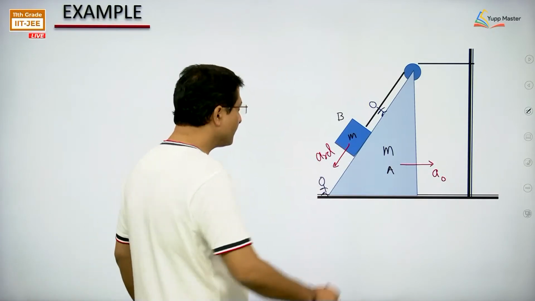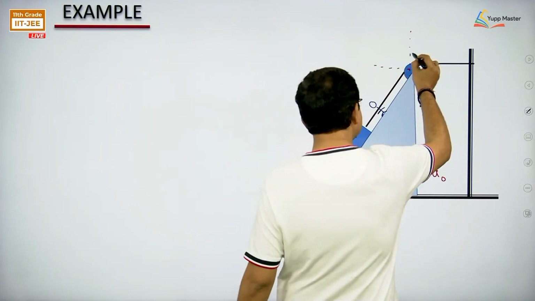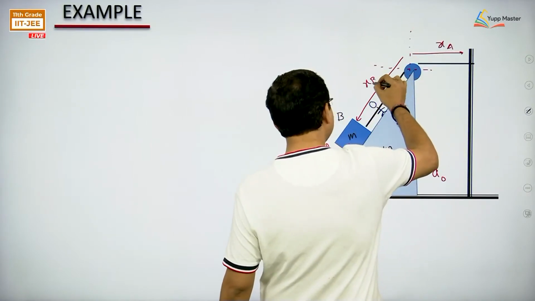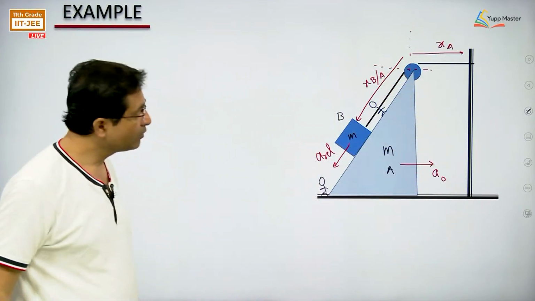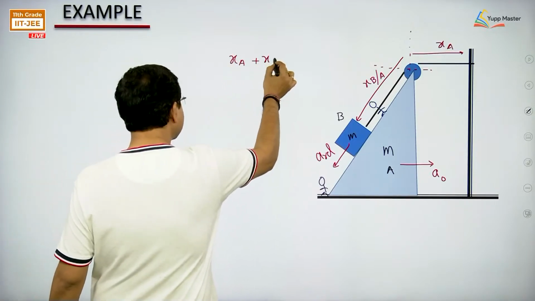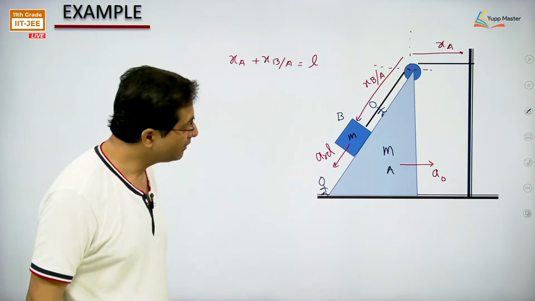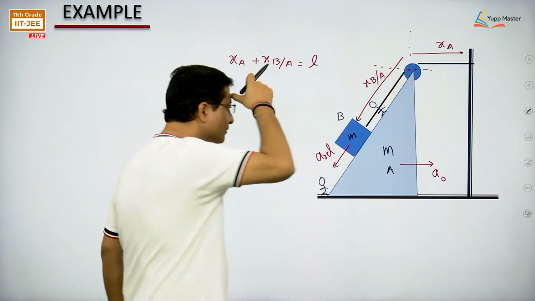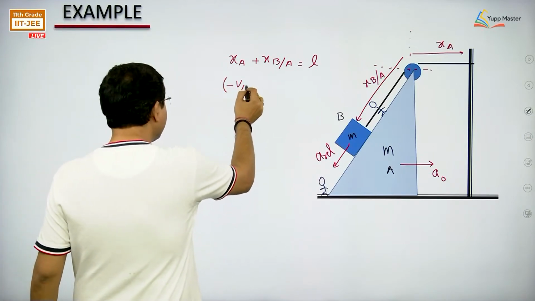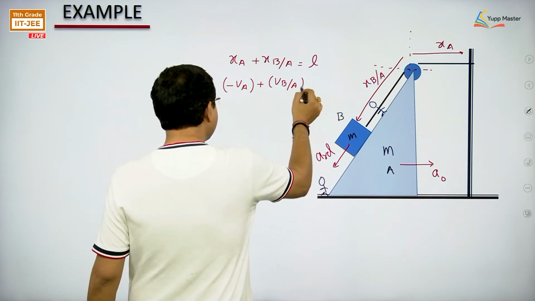So if I take reference here, this is the position of A and this is the position of block B with respect to A. So with this one, I can write the equation of constraint xa plus xba is equal to L. If this distance decreases with time, then in terms of velocity this is minus Va, and then this is Vb with respect to A,